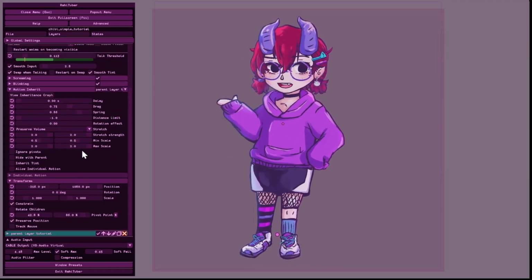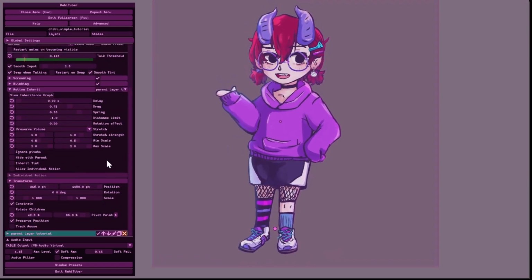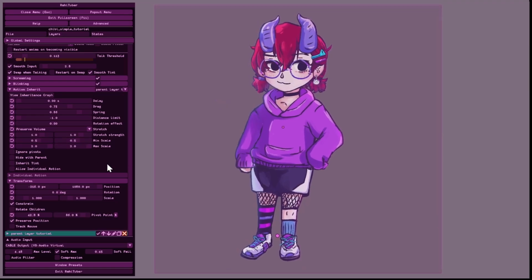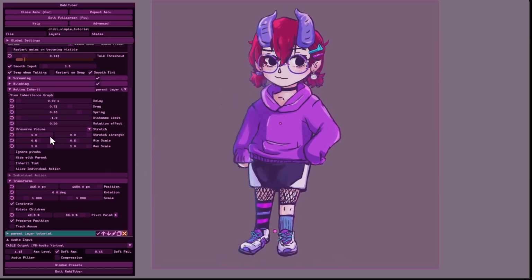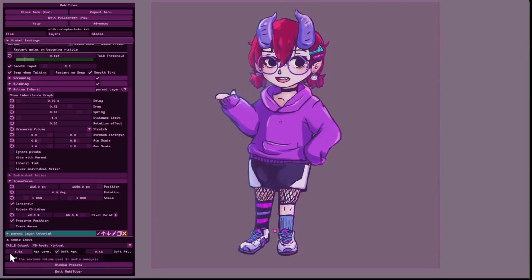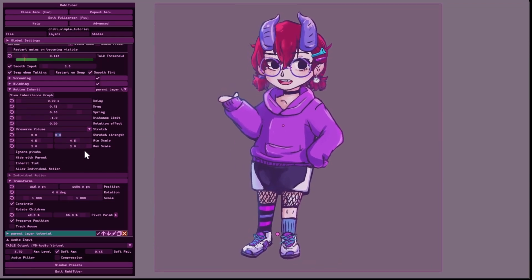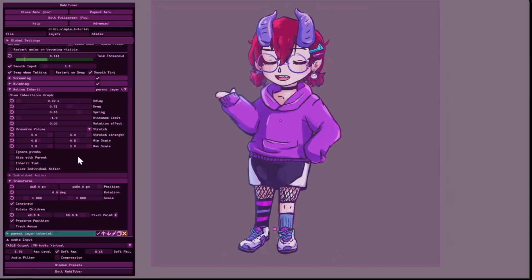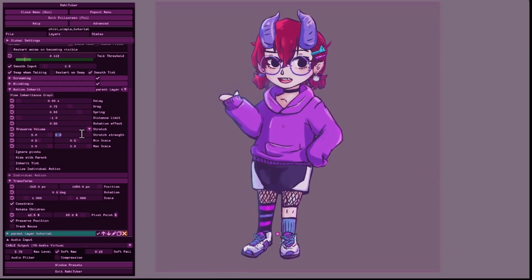You might have a good result already just with the default stretch settings, but you can definitely dial these up as much as you want. Remember, you can use Control and left click on any of these boxes and set your own number. So you can really go crazy with this and set this to like 100 and 100 or something if you want to see what it looks like.